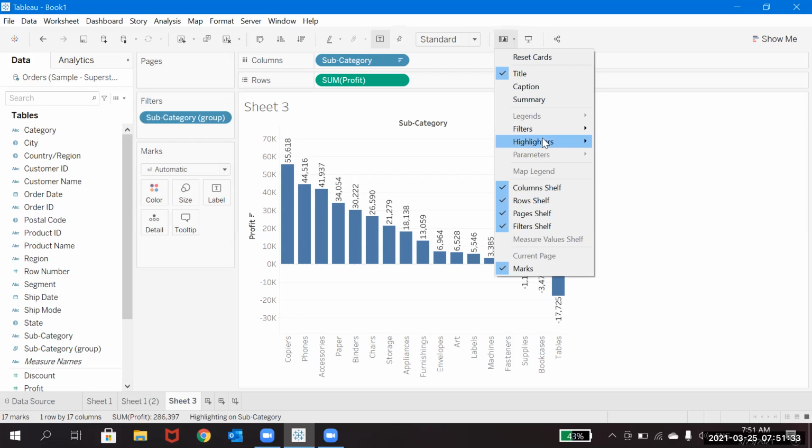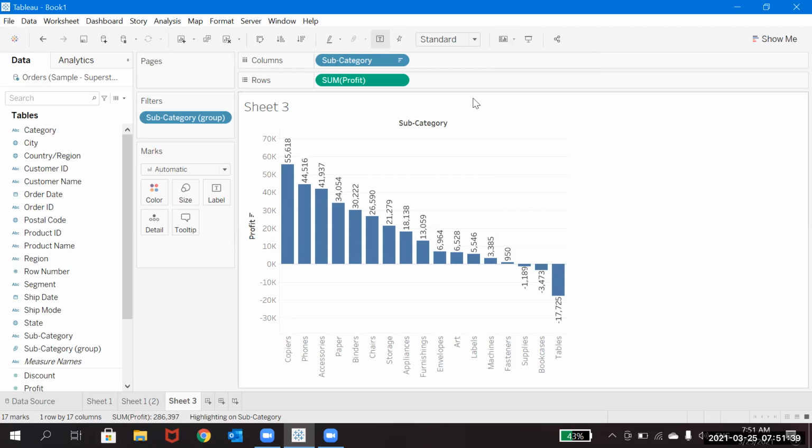Now also if you observe the highlighters and everything, this is nothing but the presentation mode. Let's say you have created some good visualizations and you want to present them to your customer using this only.